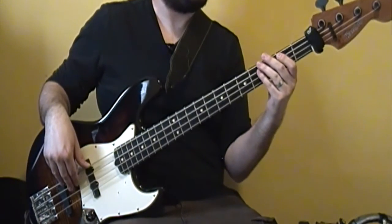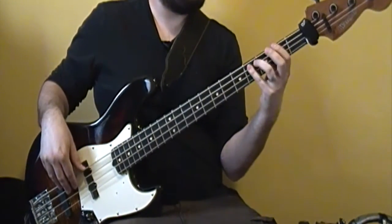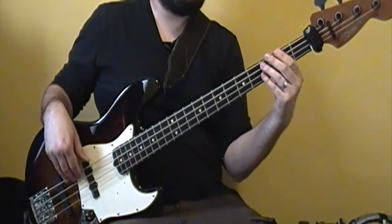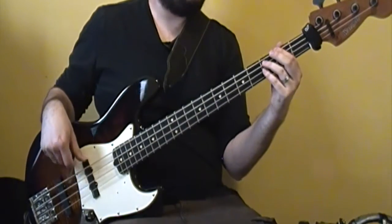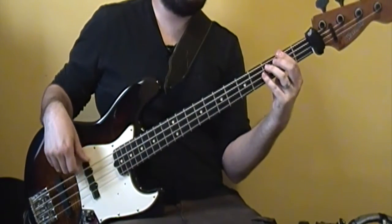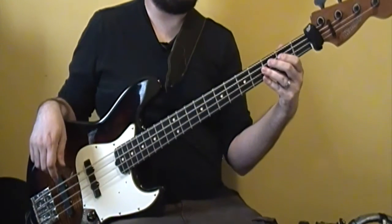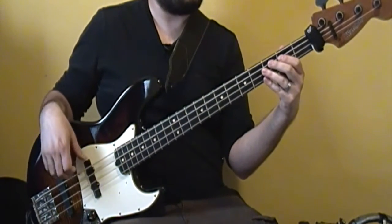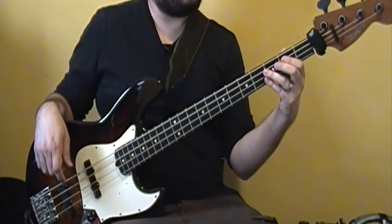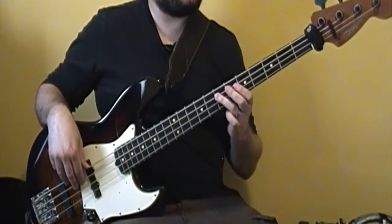It's just got some extra fills. We're doing that 2-4-2 grouping again. 2-4-2-0-2, 2-0-2, 2-0-2, 2-0, 2-4, 2-0, 2-0. Now here in the first ending, here's one of the fills. We just hit the 2-0. We're gonna let that open string ring for a beat while we hop up to the 7th fret of the